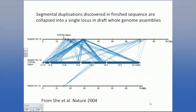what many people see as a major disadvantage of whole genome shotgun assemblies. Even high quality, highly redundant whole genome shotgun assemblies tend to overcollapse these highly similar segmental duplications. So you get an incorrect and inaccurate picture of how the DNA is actually organized along the chromosome in the shotgun assemblies. Nonetheless, because of the difficulty in creating the finished sequences and the